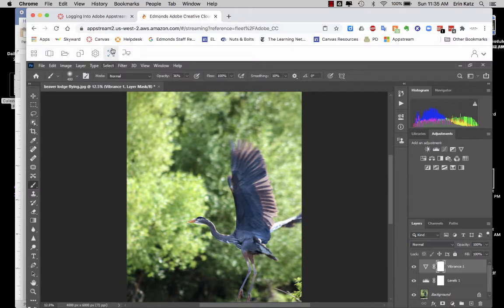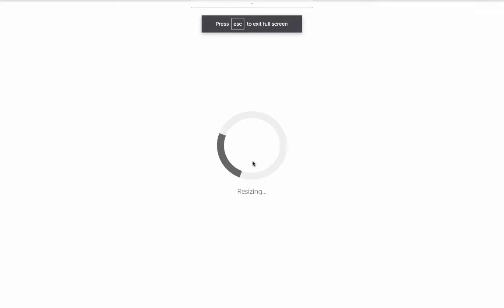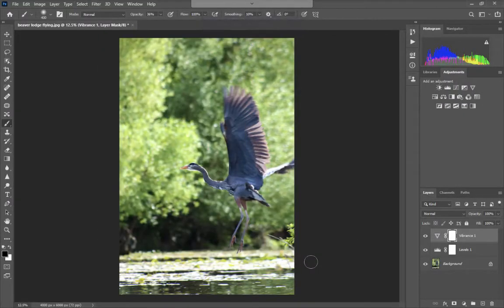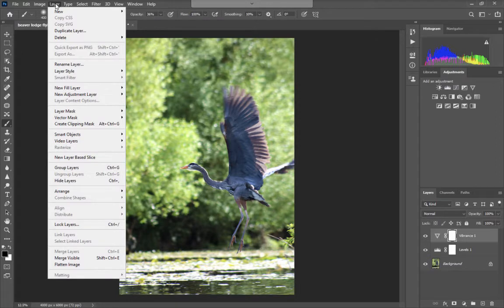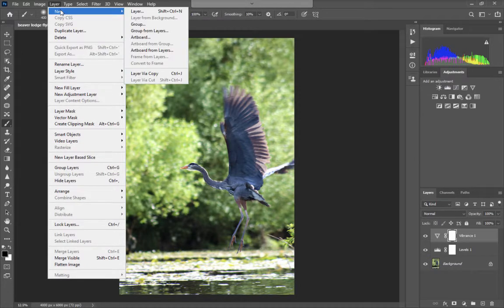First, I'm just going to hit the X up here, the little arrows, and what that's going to do is make my screen full size, so I have the maximum size that I can work with and not have to look at the app stream bar. And what I'm going to do is I want to do non-destructive editing, which always means doing something on a particular layer that then I could adjust later. And I'm going to create a special kind of layer. I'm going to go to Layer up on the top, and I'm going to go to New, and I'm going to choose Layer,